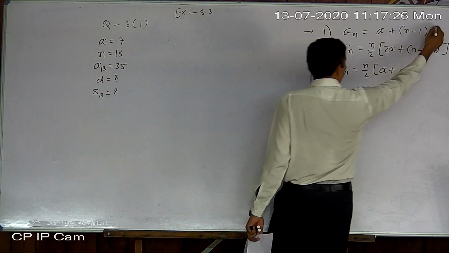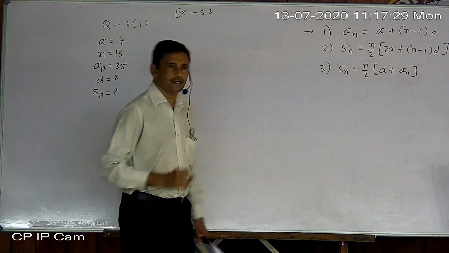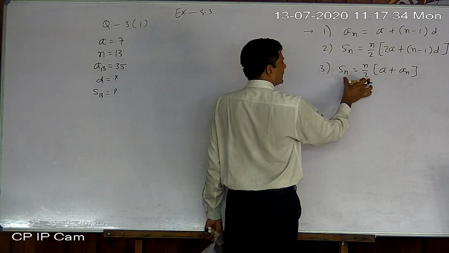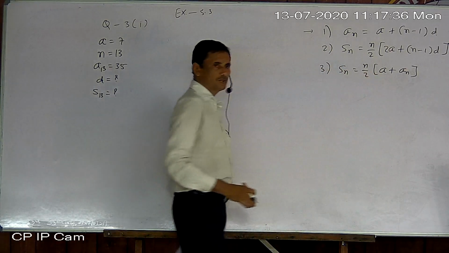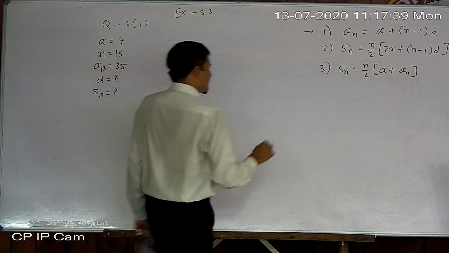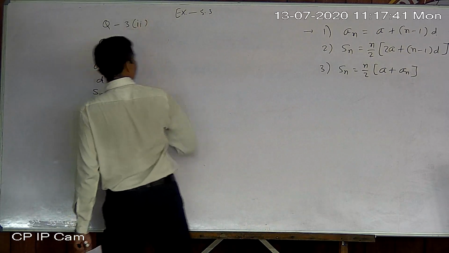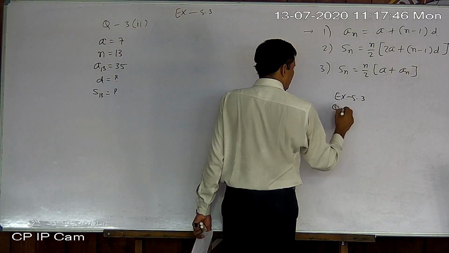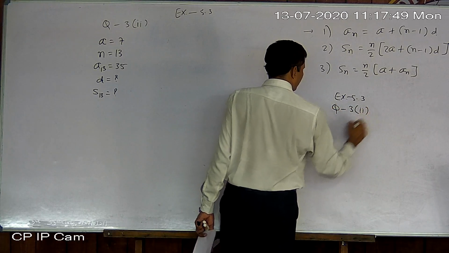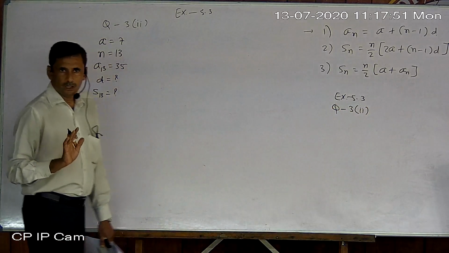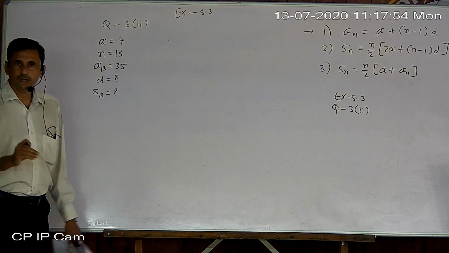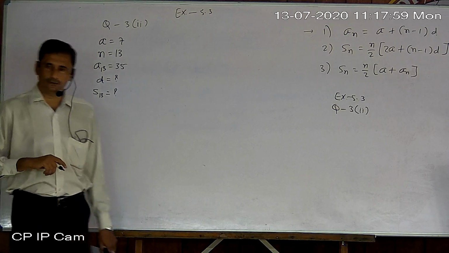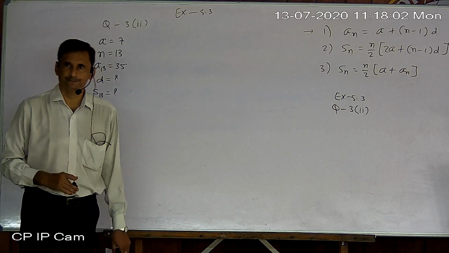So I am giving you a hint only. First use the first one and find d. After getting d, use either the second one or the third one. Even if you use the third one, it is also possible. Okay. So third, second. Exercise 5.3, question number 3 (2) in homework. First and then last. From the first one you will have d. After getting d, you can use the second or third, but preferably the third.